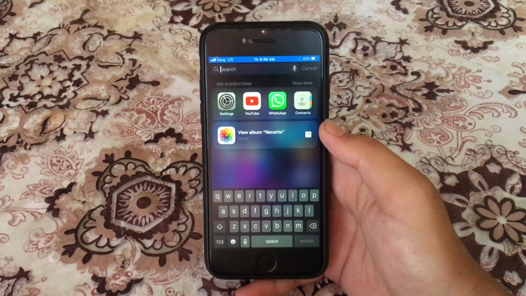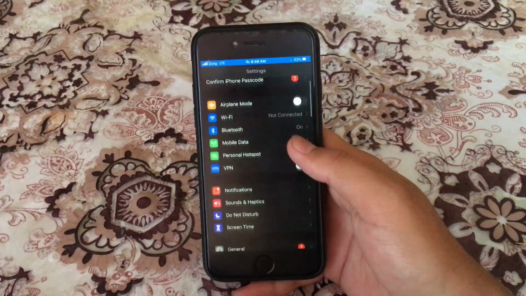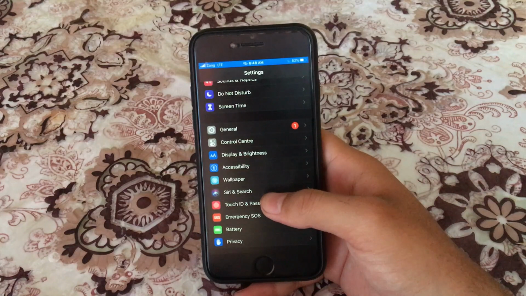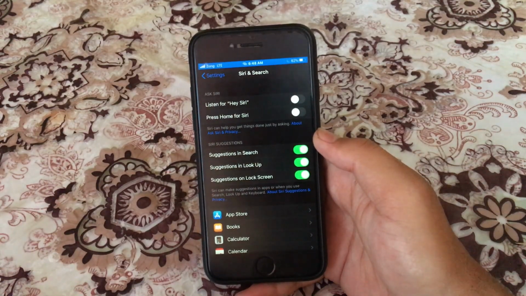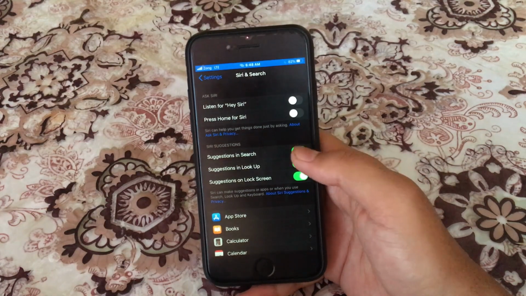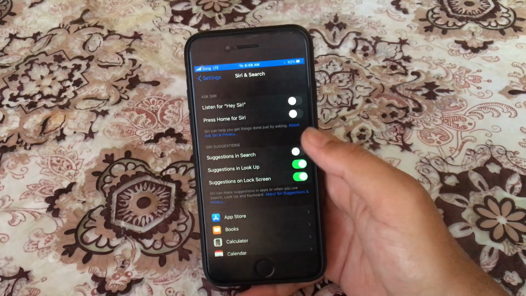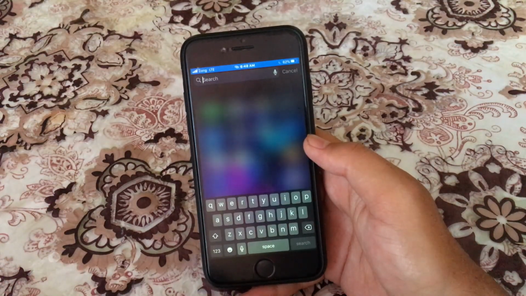If you don't need those suggestions, you can head over to settings, scroll down and search for Siri and Search. Now here you can turn suggestions in search off. When you head to Spotlight search, you don't see them any longer, and again this will help improve the battery life as well.